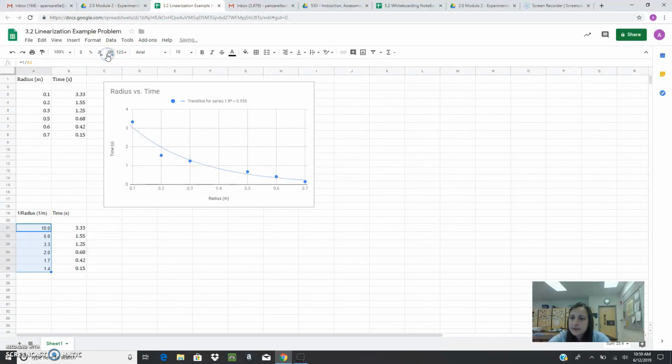What has happened? To 2 decimal places. We always use 2 places. Now, I've linearized my data. I've done what I needed to do, and I'm going to go ahead and regraph to make sure that I've gotten that